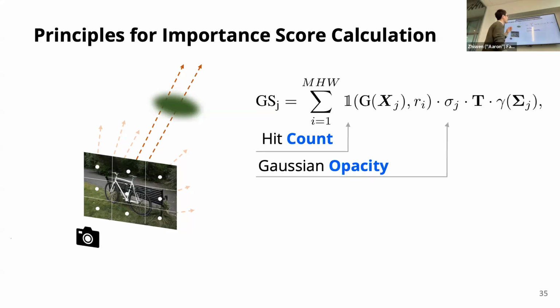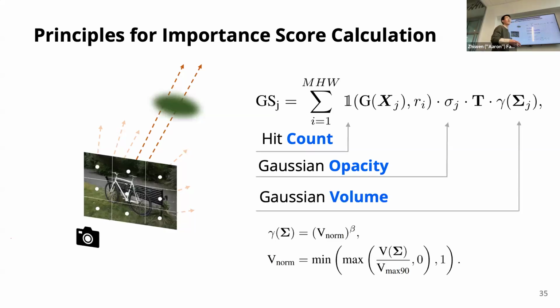And the next is the opacity. Let's say how transparent is the Gaussian, which means if a Gaussian has higher opacity, typically it will contribute more to the rendering process. So we will assign a higher weight. And the last term is volume. If there is a larger Gaussian, we will place more importance on the larger one. If there is a very small Gaussian, we will place less importance on that one. So we combine them all,